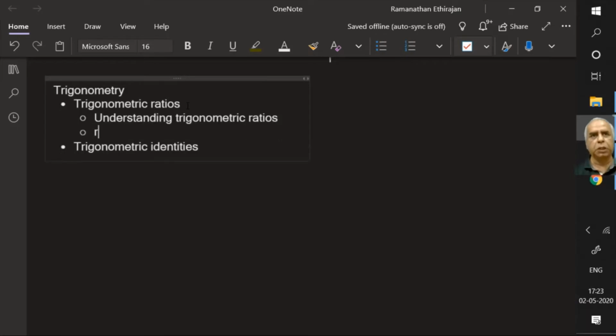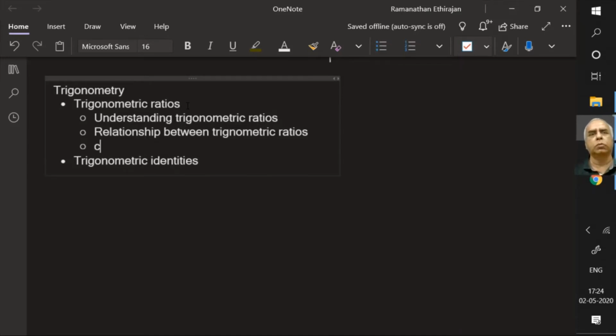Then we will discuss the relationship between trigonometric ratios. And then we will discuss the complementary angles also. Complementary angles. Then under the trigonometric identities, we need to prove